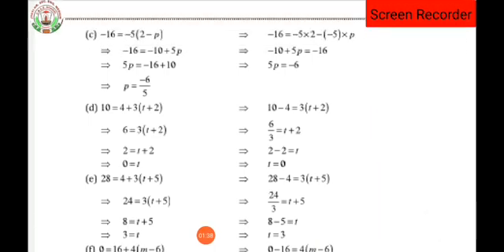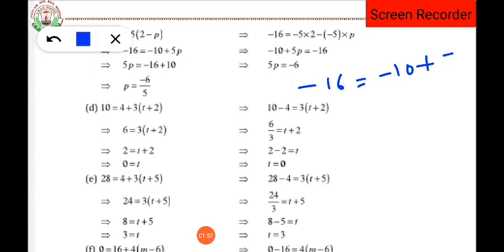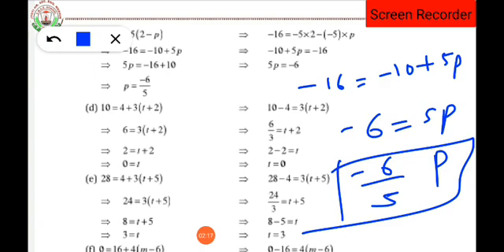Then after, the next question we are going to see. So here minus 16 is equals to 5 minus 2 will become 10. Minus 10, minus minus plus, minus 5 into p will be 5p, isn't it? So directly we will get the answer while transposing it become plus. So minus 16 plus 10 will become how much? It will become 6. So minus 6 is equals to 5p, where p is equals to minus 6 upon 5 will be the required answer. Clear?